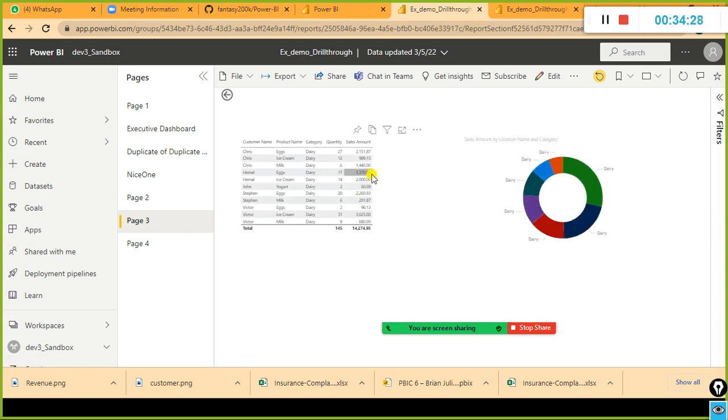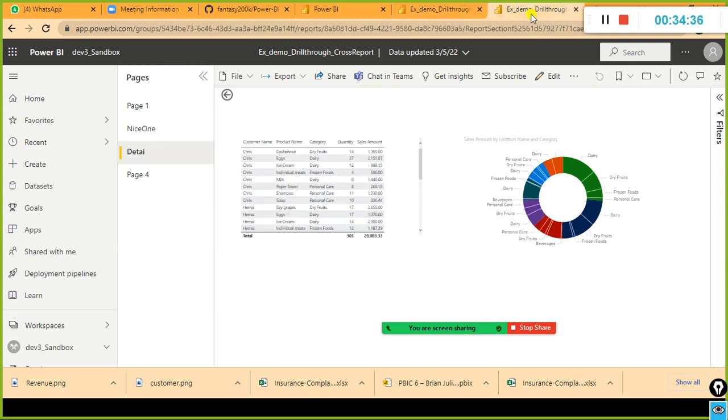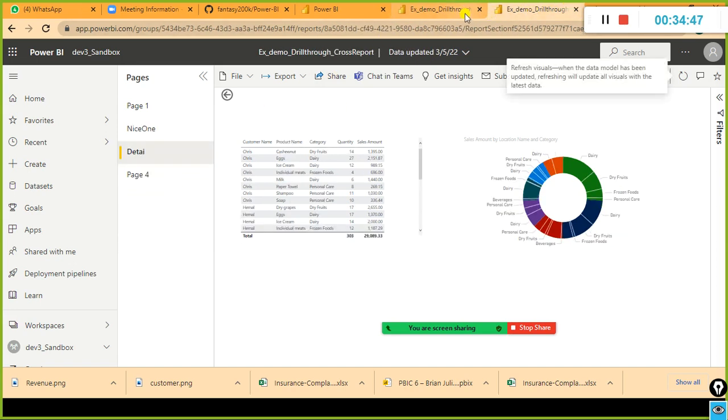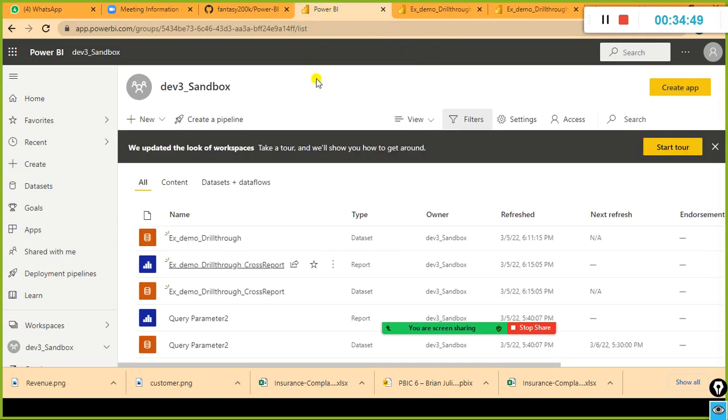So it passes the category from the executive page to page 3 correctly. So it is filtering it correctly, but it is not passing to another report. The approach is the same, and I'm not sure why, because I tested it in the last session itself. We had the same issues and tested it.